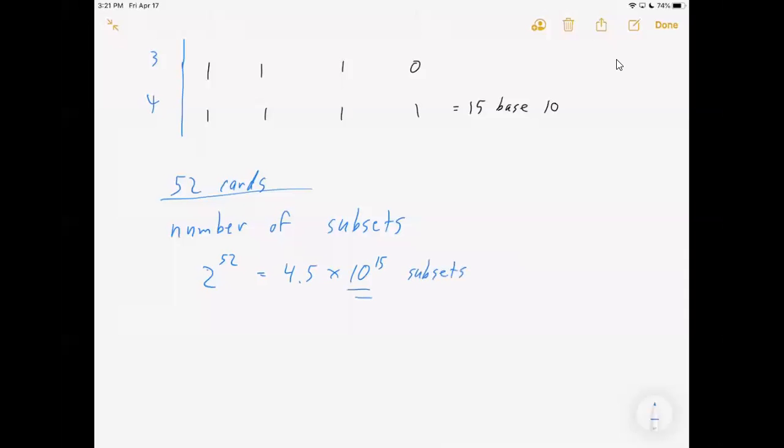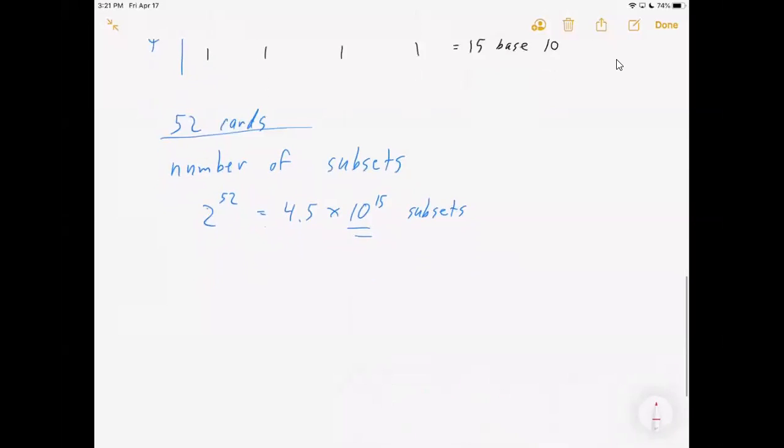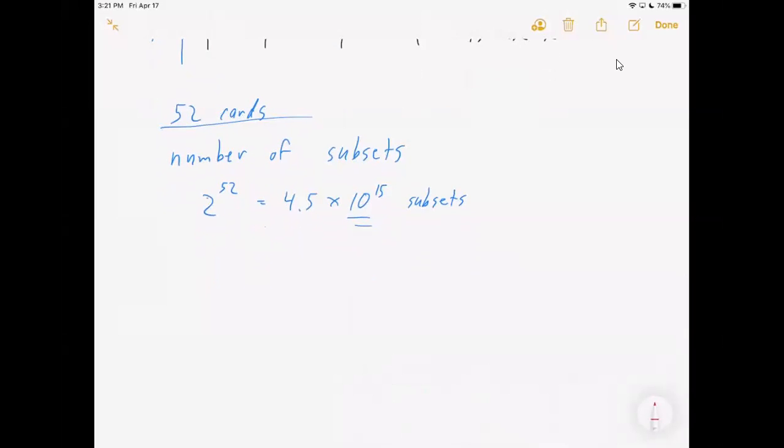Not quite as big as Avogadro's number, but that's an extraordinarily large number of subsets, which is why cards are so interesting. There are so many ways I could pick sets of cards out. Now, usually when we're playing card games, this is going to be more advanced. This is where we're going in the future. In the next few days, it's harder to calculate